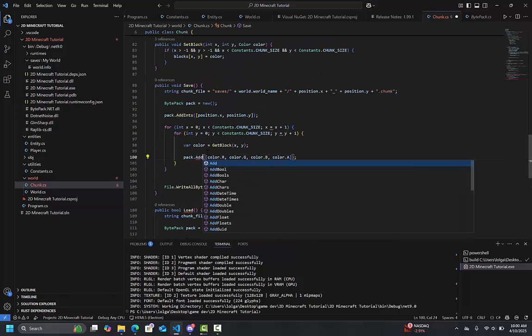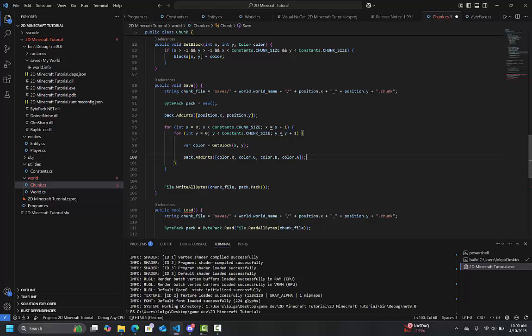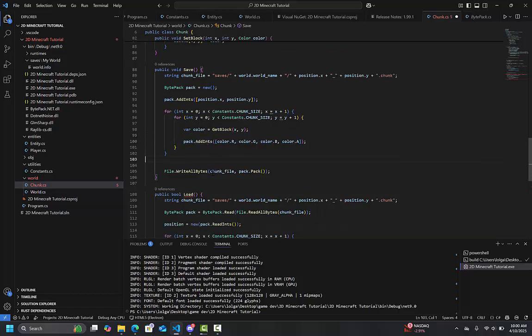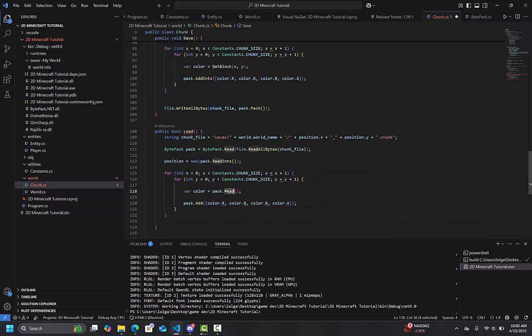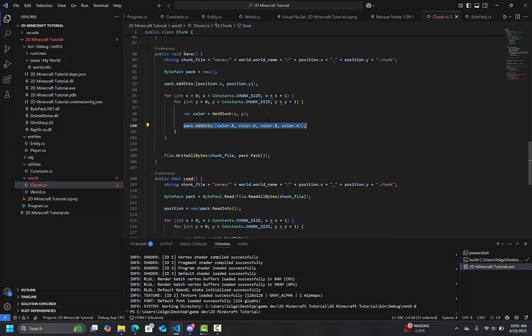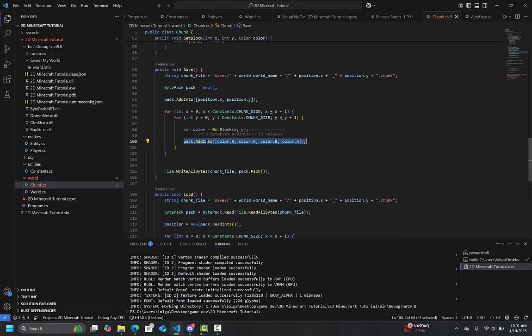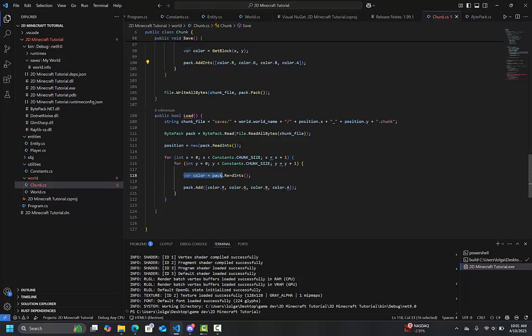I'm going to do add ints here. Let's do add ints instead of add bytes. And then we'll do read ints here. So instead of pack.add here in save, it's pack.add ints, and then var color equals pack.read ints, and then